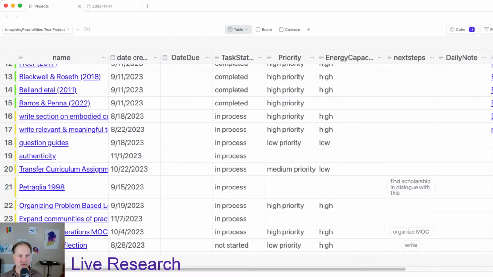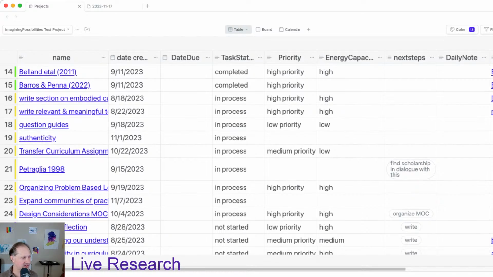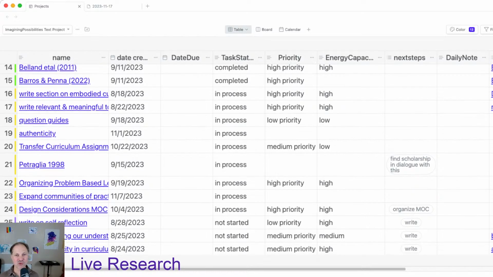So on a typical day, I'm going to work on things that are high priority and have the needs of a high energy capacity. That's what I'll be working on at the beginning of the day. For me, I know other people like to flip the degree of energy that they need for a task. And so I work on high priority, high energy capacity throughout the day. And then maybe as my energy's petering out, but I feel like I still could be working on things, I'll move to more medium or low energy capacity. So for instance,